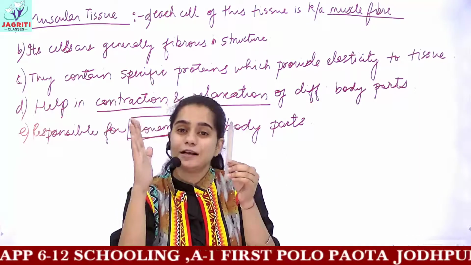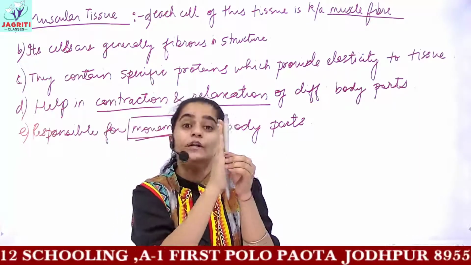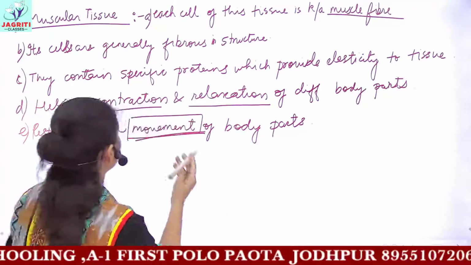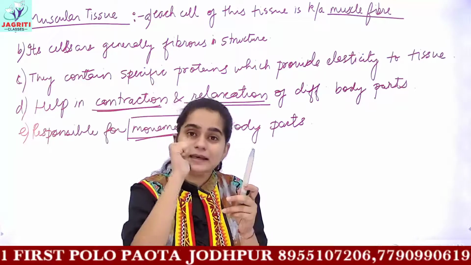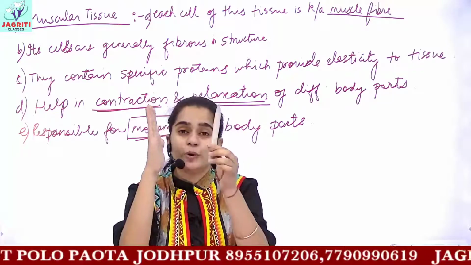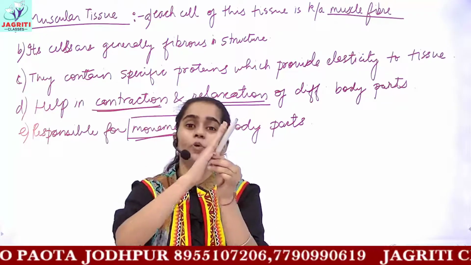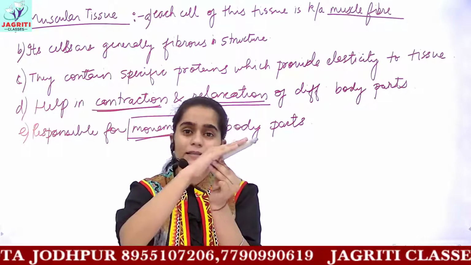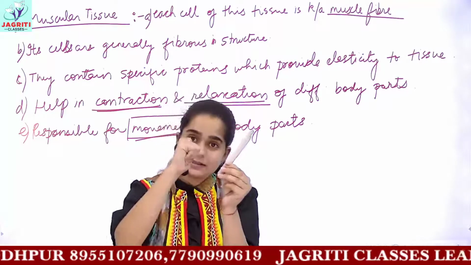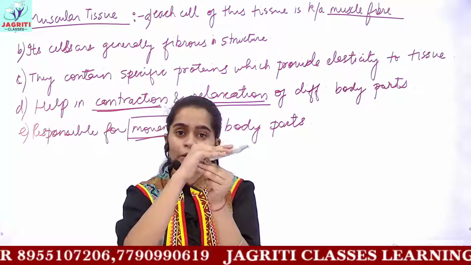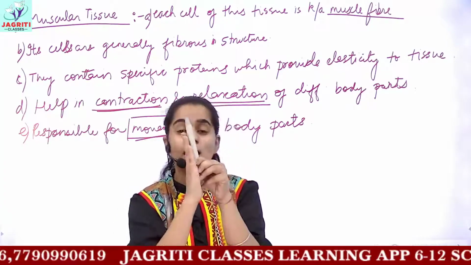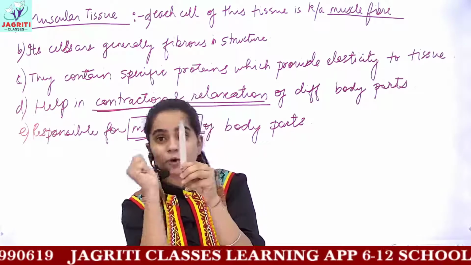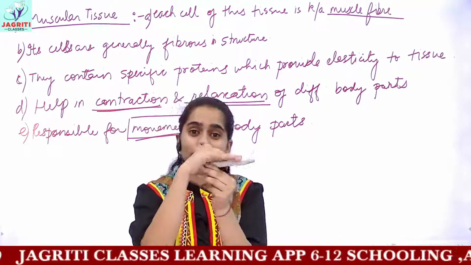Whenever these muscle fibers are attached to the bone, now the muscles have the property of what? Contraction and relaxation. That is, these muscles can decrease and increase in size. So when these muscles are attached with your bone, now when the muscles will decrease in size, it would move your bone downwards. And when they would increase in size, the bone would move upwards. So these muscles are providing the force for the movement down and up.